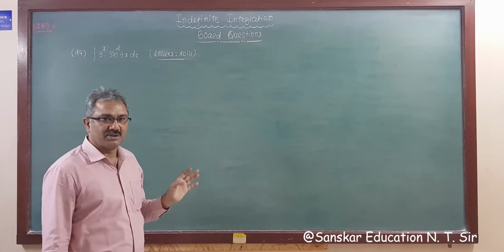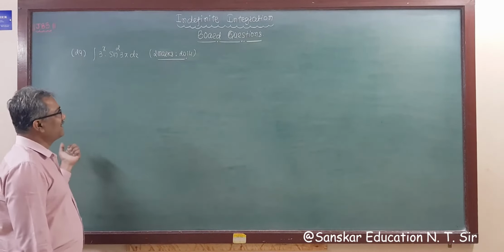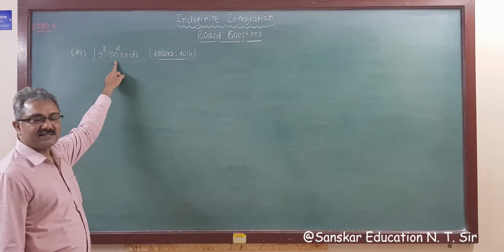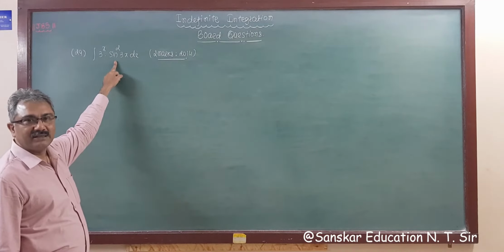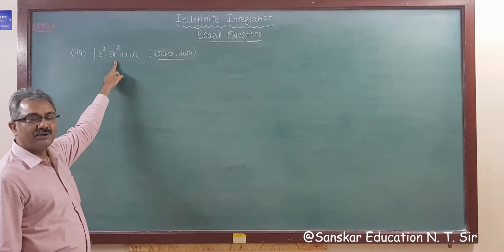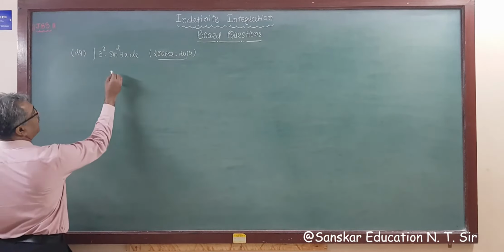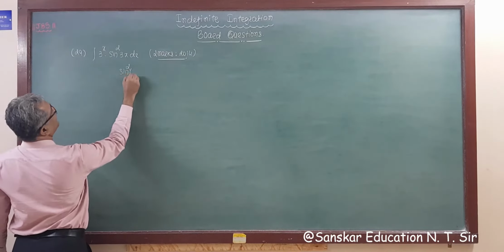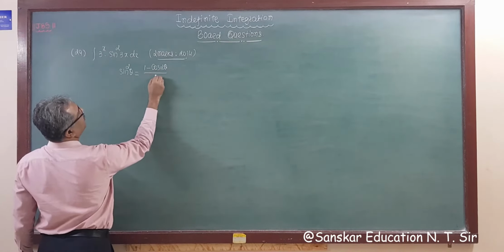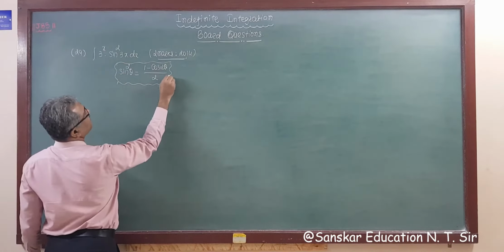तो आप कोई भी मेथड यूज कर सकते हो जो टेक्स्ट बुक में दी गई है, उसमें से कोई फॉर्मूला होना चाहिए, राइट? So at first moment this is sin square 3x, इसका इंटीग्रेशन नहीं होता है, right? So what we are doing, we are changing this sin square into the formula (1 minus cos 2 theta) by 2. So you have the formula sin square theta is (1 minus cos 2 theta) by 2. So I am applying this formula here.